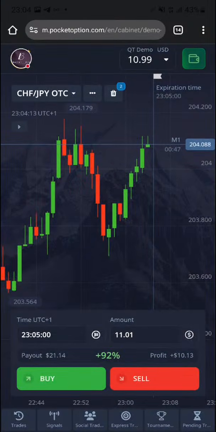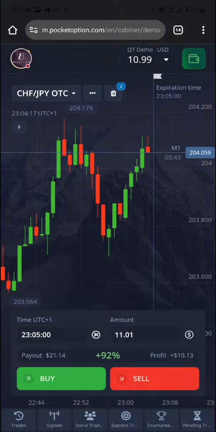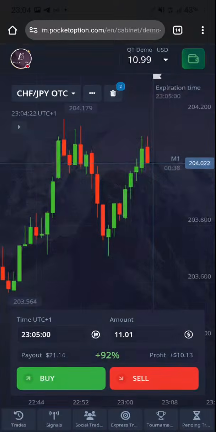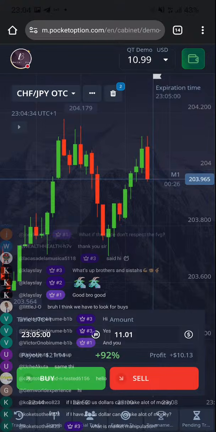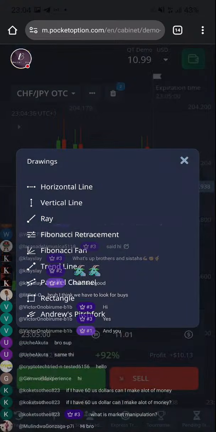Immediately you are live in your real account, these are factors that will kick in. You understand? You have to learn risk management. You have to learn how to regulate your emotions under pressure. So if you cannot do that, even if you load $1,000, I'm telling you, you can blow it. You can blow any amount.